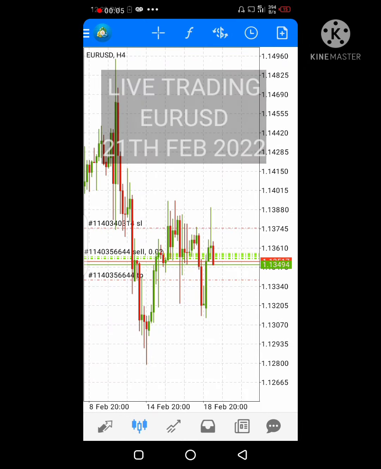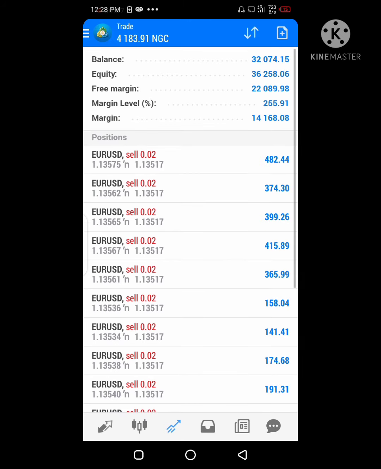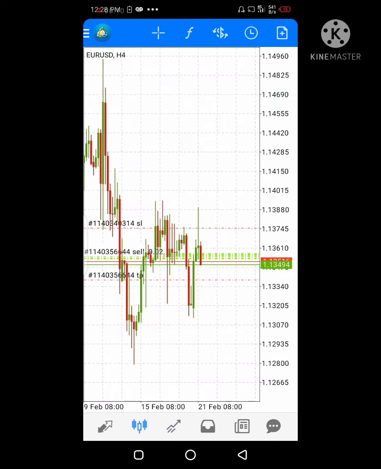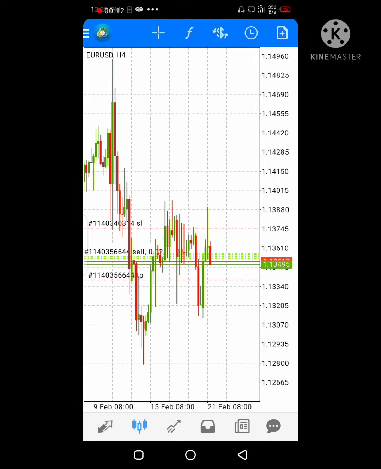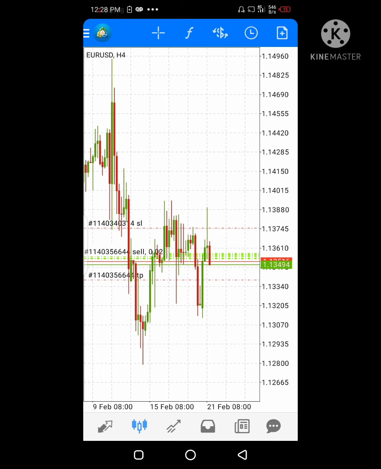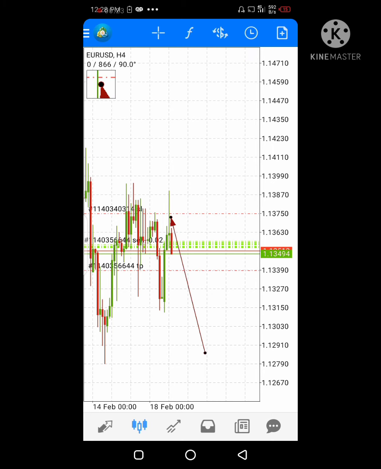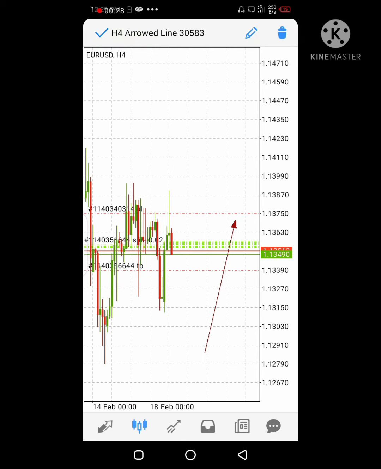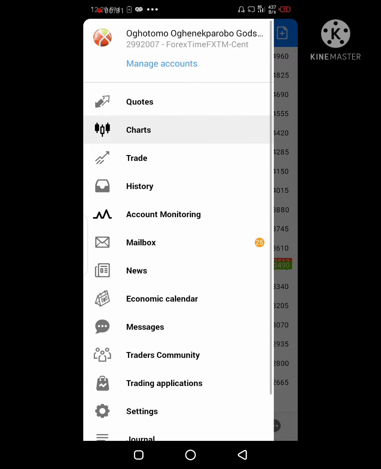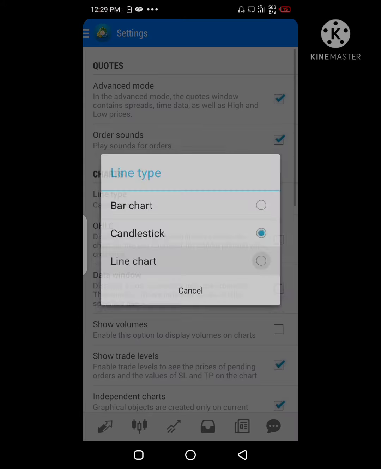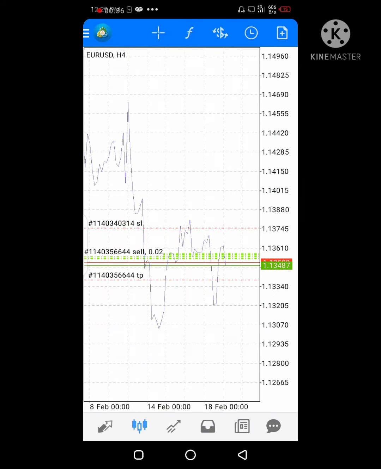Good day, traders. So I'm on a sell trade right now, and the purpose of my entry, although I entered late because I wasn't really watching the chart very well, my right entry is supposed to be at this place. I'm just going to identify it, because if you change to a line chart, from what I've been using to enter in my usual entry for my live trading section,